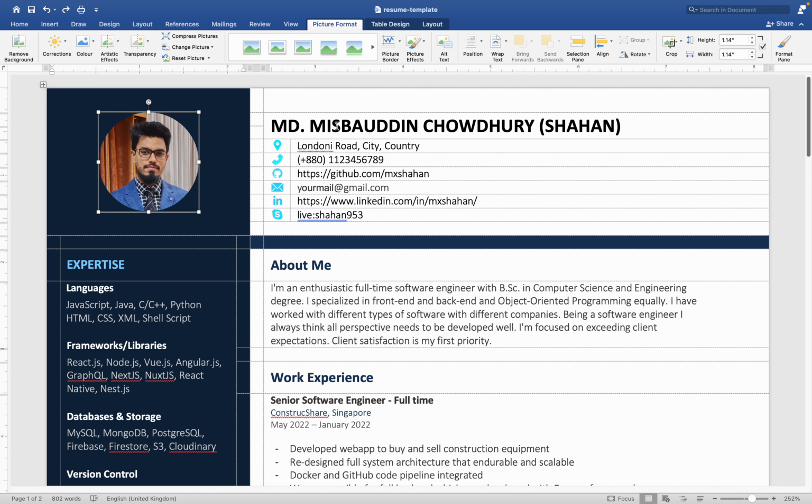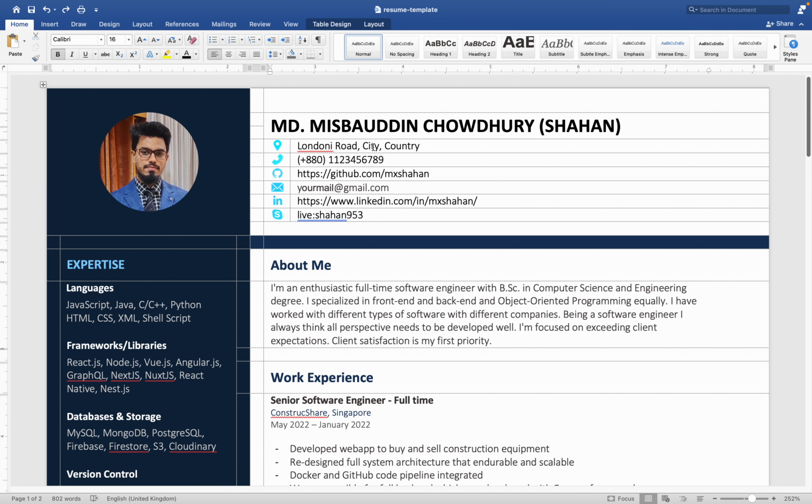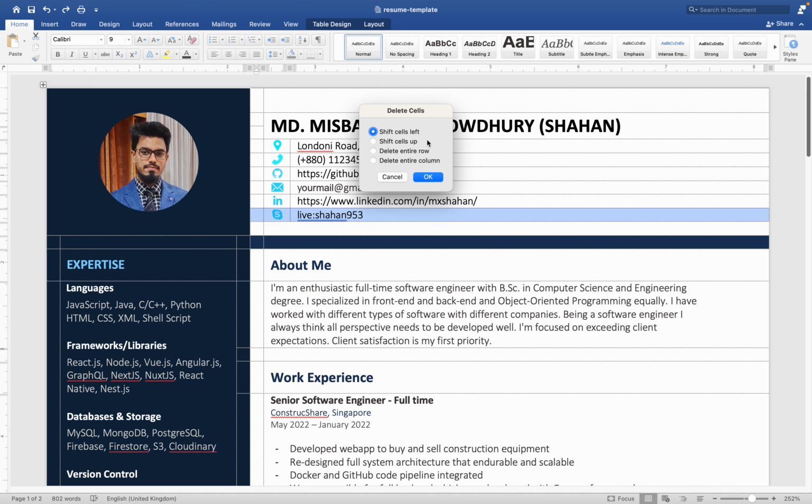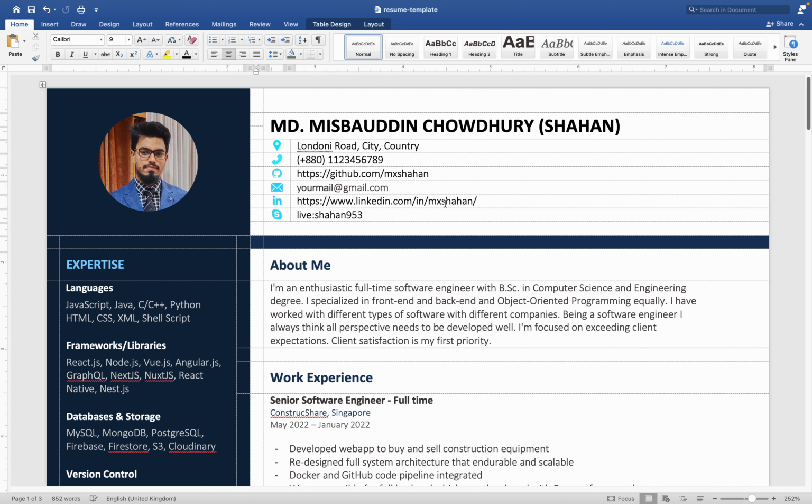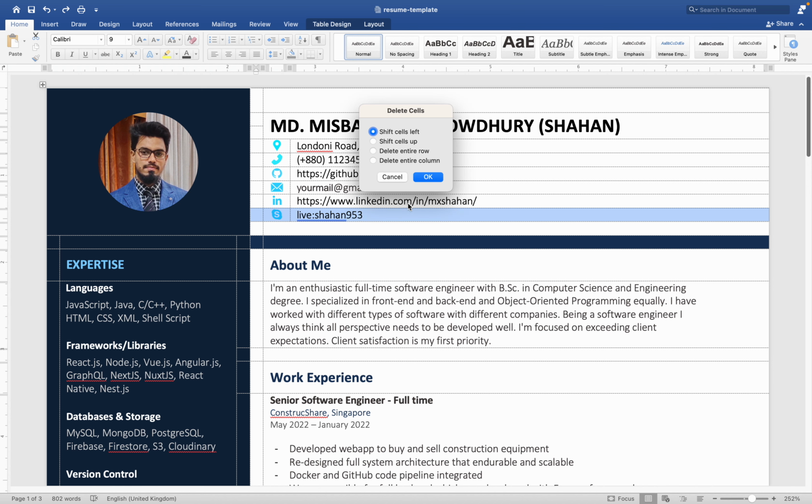Everything is simplified, and you can change everything very quickly. And if you don't need any of the rows, just delete this and shift cells up, that's all. Sorry, delete this and delete the entire row. Okay,